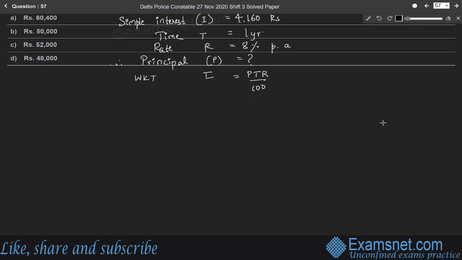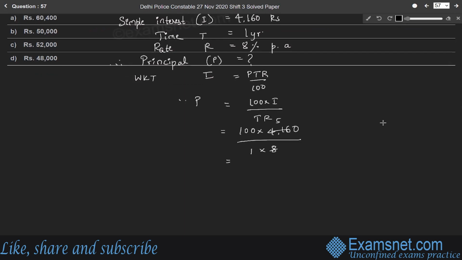Substitute the values. Therefore, P is equal to 100 into I divided by TR. Right? Substitute the values. 100 into simple interest is 4,160 divided time is 1 year. R is 8%. So we'll get here